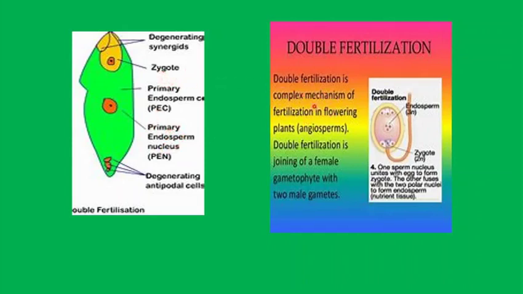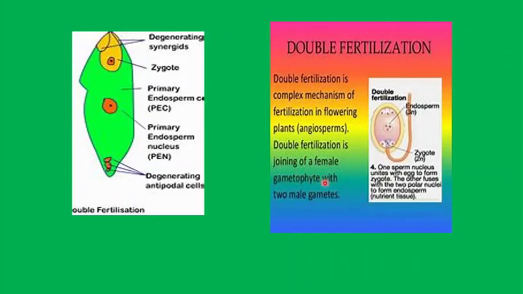Now this is again double fertilization, what we had studied. Here the zygote is formed, that is, a male gamete fusing with the egg cell to form a zygote which is diploid in nature. In the central cell you can see three nuclei, that is two polar nuclei and one male gamete, resulting in a triploid endosperm or primary endosperm nucleus. So it is a complex mechanism of fertilization in flowering plants, angiosperms especially,